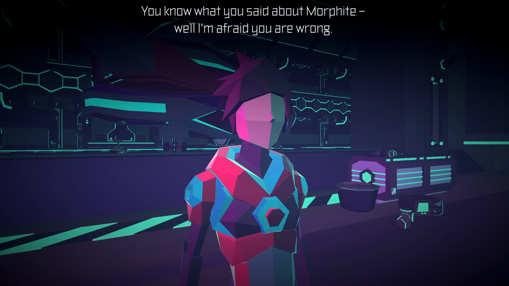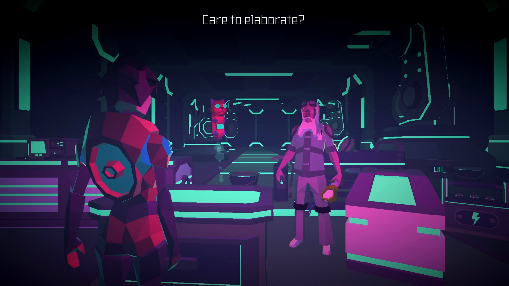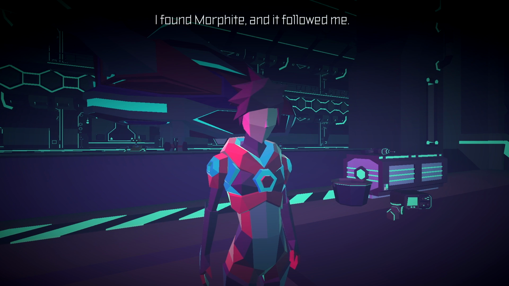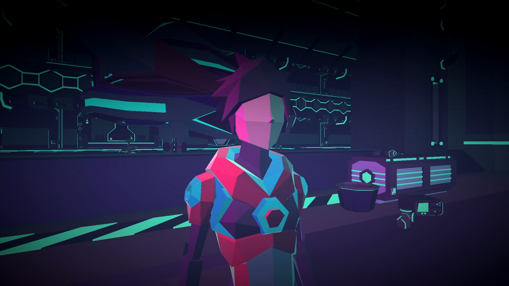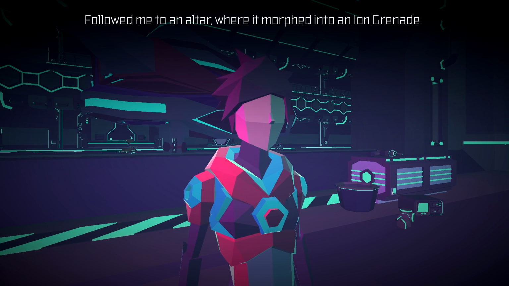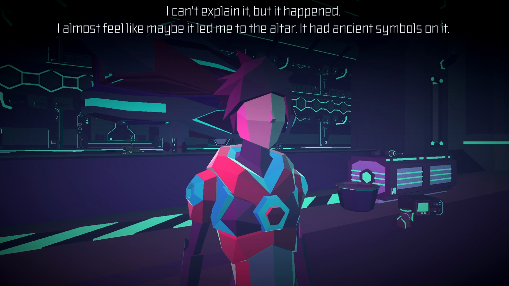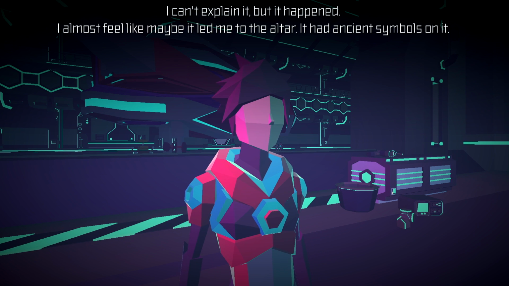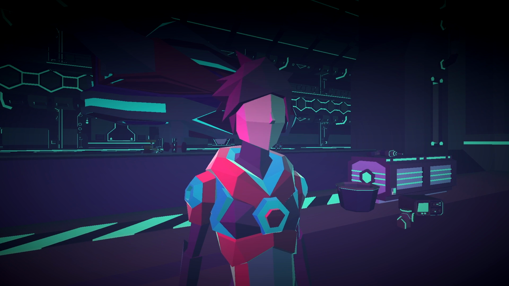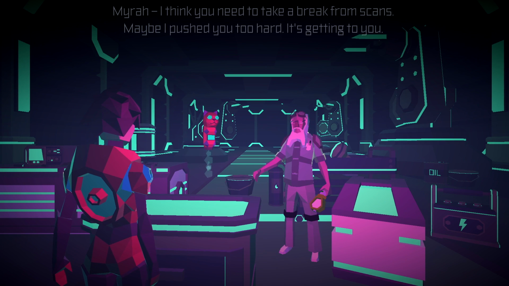You know what you said about Morphite? Well, I'm afraid you are wrong. Care to elaborate? I found Morphite, and it followed me. To an altar, where it morphed into an ion grenade. That sounds crazy, Mira. I can't explain it, but it happened. I almost feel like maybe it led me to the altar. It had ancient symbols on it. I think you need to take...